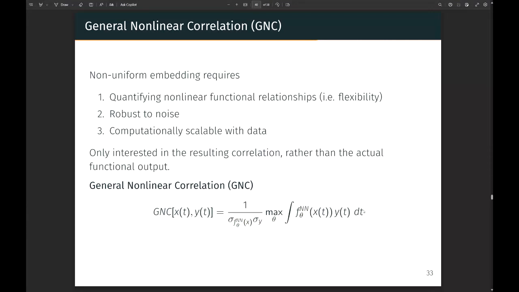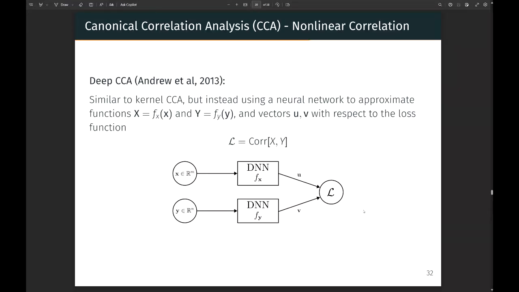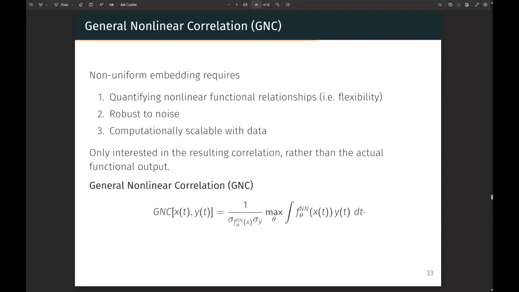We want to do it for nonuniform embedding because nonuniform embedding requires quantifying nonlinear functional relationships, and we need it to be robust to noise because realistically data is noisy, and we want it to be computationally scalable. So let's simplify that deep neural network stuff into something a little bit simpler. We can just define: we want to find the best possible nonlinear function of one variable that becomes linearly correlated with the other.